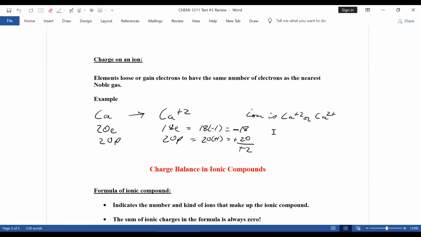So if I ask you, which we did in the practice problems and also in class, go back and look at the videos on this, write the ion that calcium forms. Well, how do you know what to do? You say calcium and you look at the periodic table. Remember, the atomic number gives you the number of electrons, number of protons. Calcium has 20 electrons, 20 protons. The nearest noble gas,